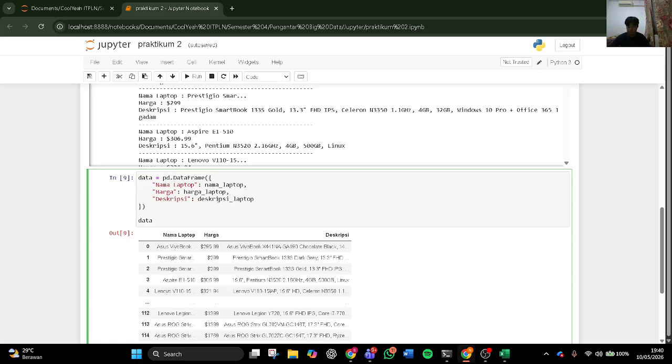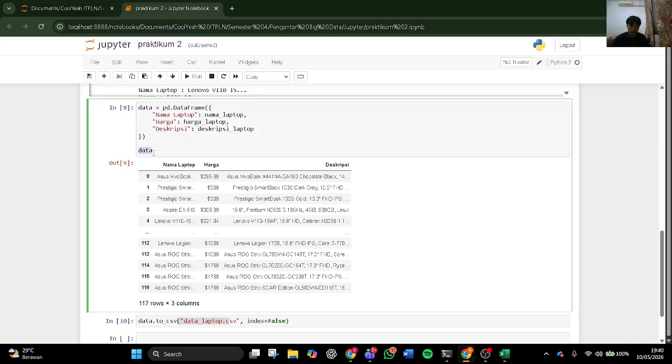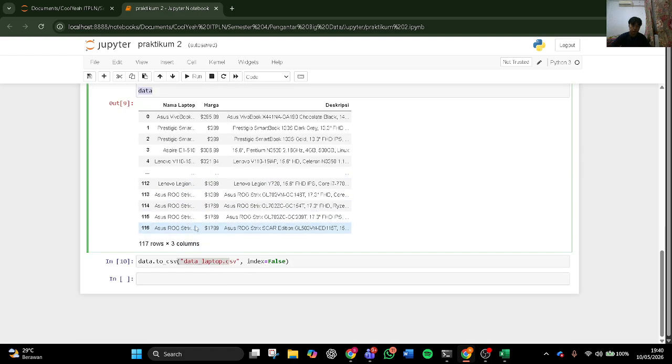A data frame is like a table with columns nama, harga, and deskripsi. And print the data, so it will show the first 5 and the last 5. So this is the total 117 rows with the 3 columns.